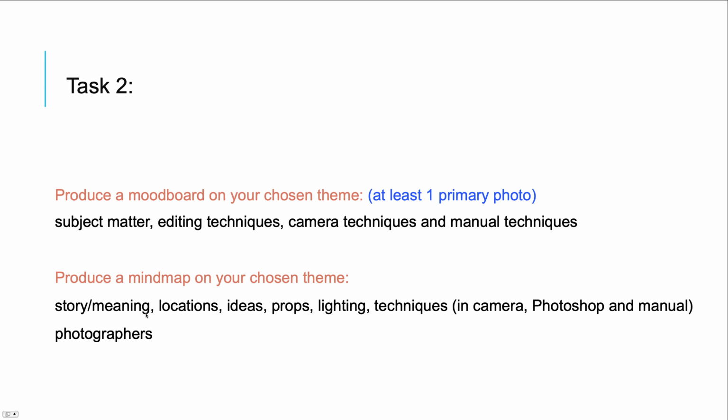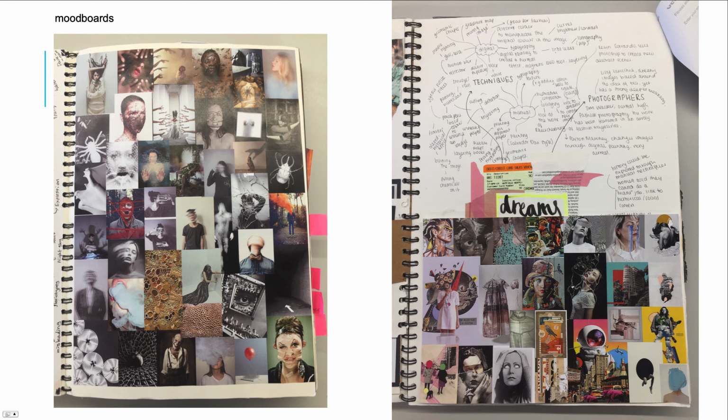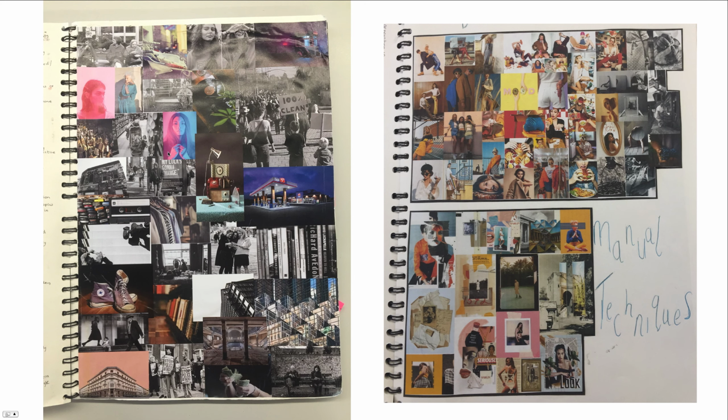So just so that you're on board, here's a couple of examples. This is a really nice example of one from last year where somebody was looking at different fears and phobias. So there's lots of rich visual imagery on there. This is one where somebody was thinking about dreams and the subconscious mind. This one was somebody thinking about our society and youth and things that we access and money and